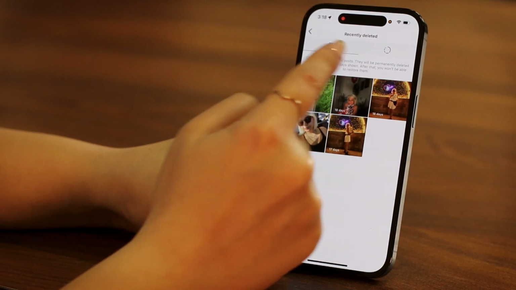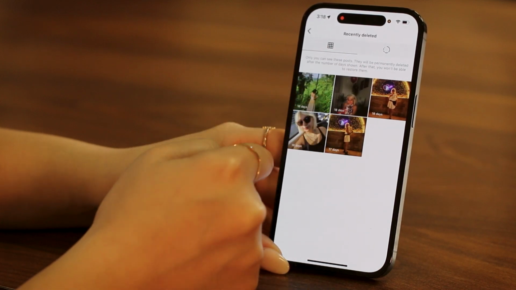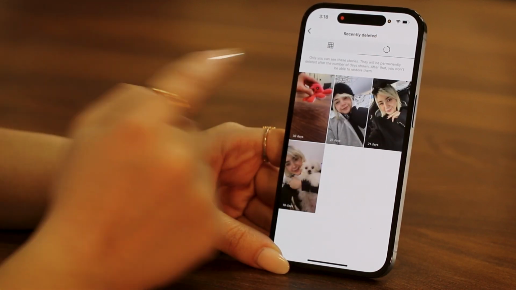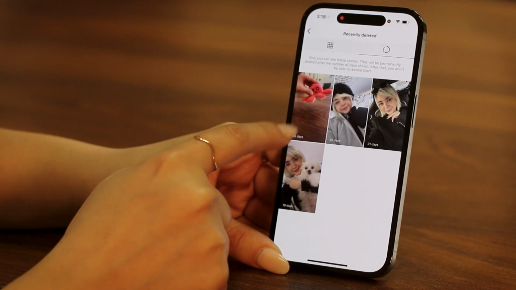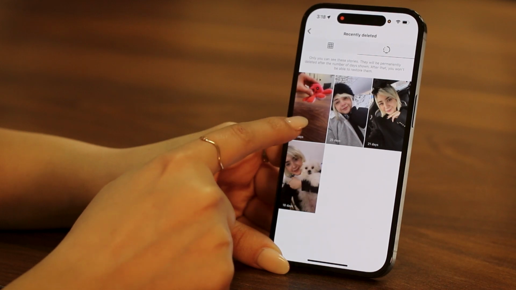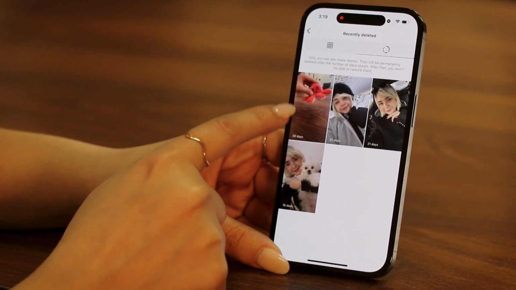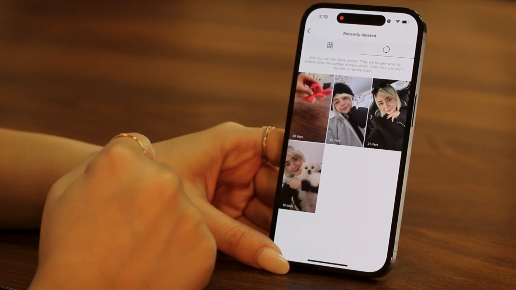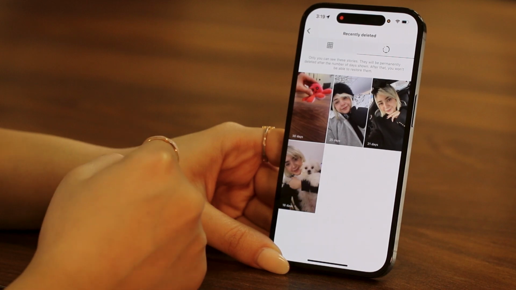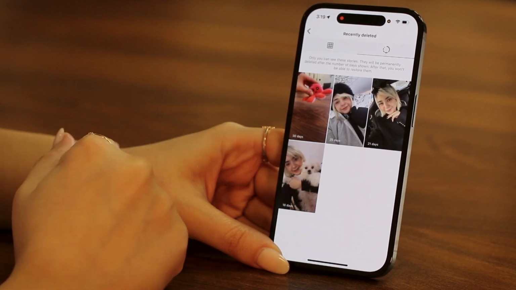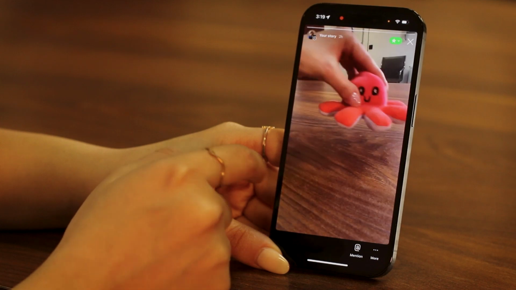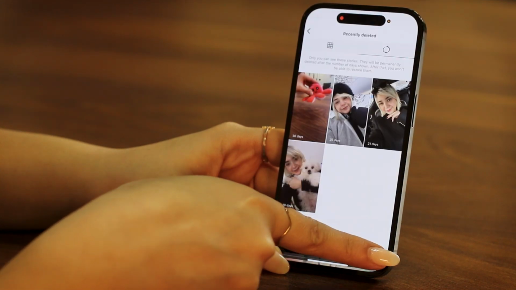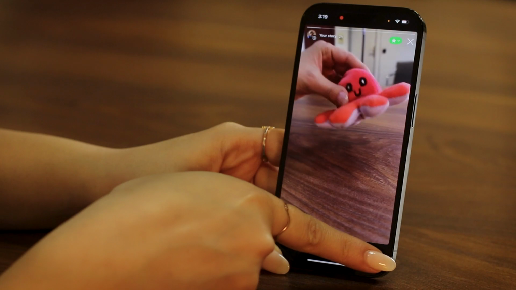And as you can see here, these are the deleted posts. And if I tap on this, these are the recently deleted stories. For example, this one, I just deleted it today. So there are 30 days left until this story is not recoverable anymore. But until those 30 days are over, if I tap on it and then tap on more at the top right